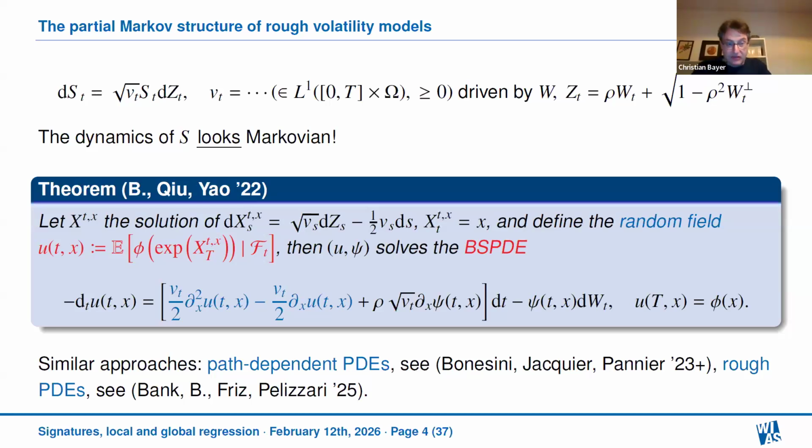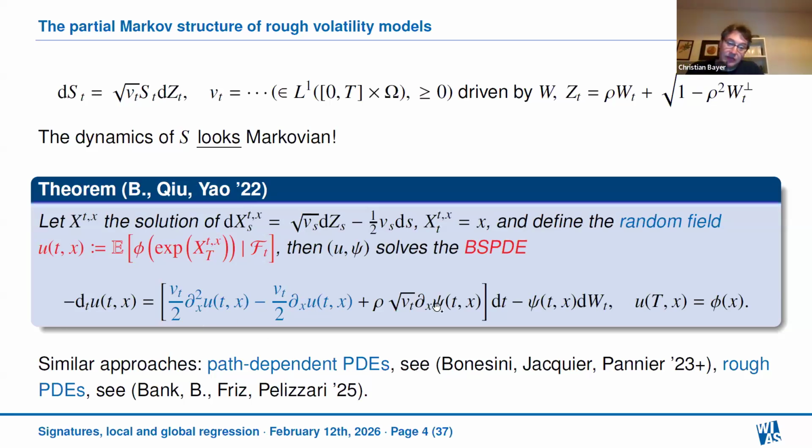variance process. And then if you were to compute a price, say of a European option, this would be u(t, x), and of course here x is a fixed level of the asset price process at time t. But of course, this is still a random field, because the environment, the V process behind it, is not integrated out here in this conditional expectation. And then you see it satisfies a BSPDE.